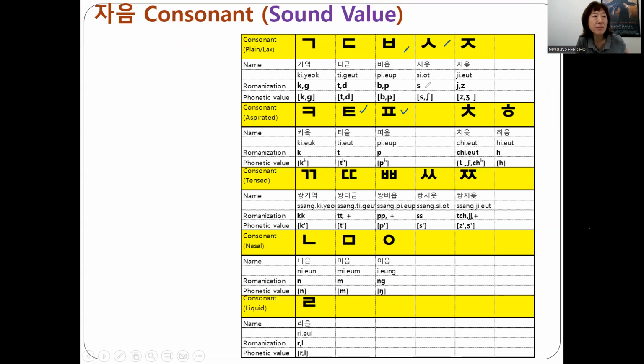스 in cider, 즈 in jam, 츠 in cheese. The next category is,